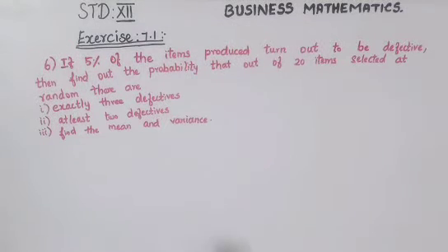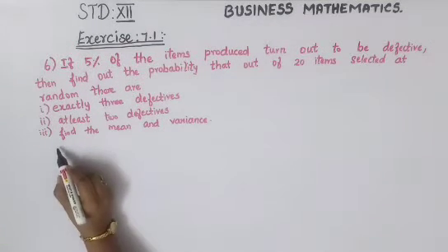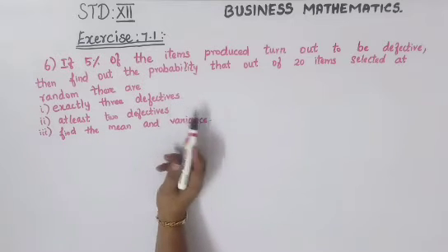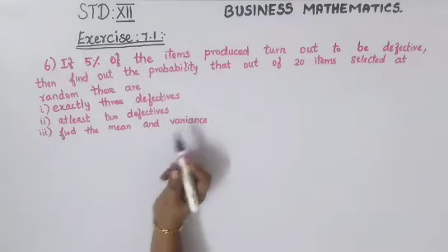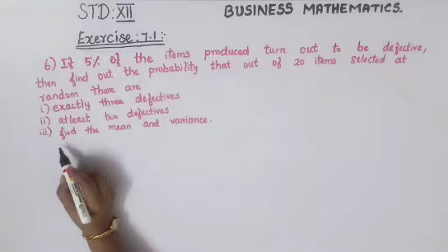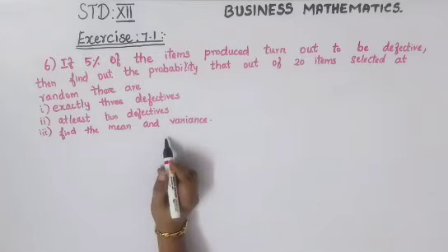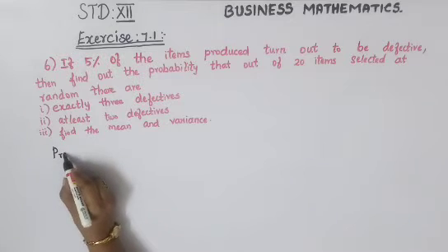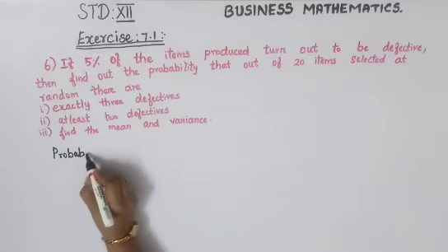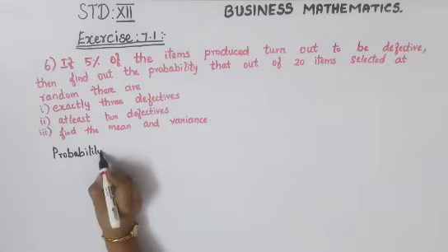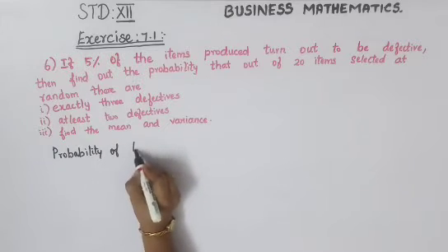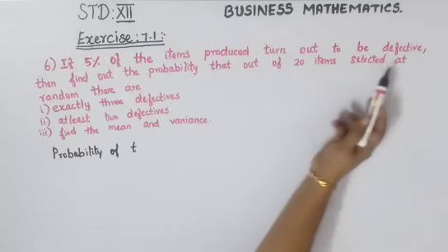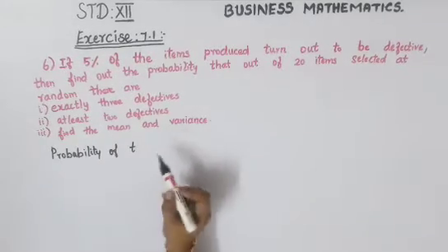So this is your binomial distribution formula. First you have to take your success and your failure in the binomial distribution. Success is denoted as P and failure you can denote as Q. The defective item is what they have given you, and the percentage is 5%.